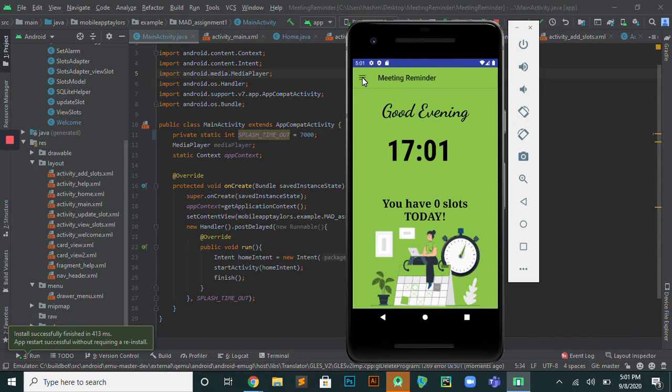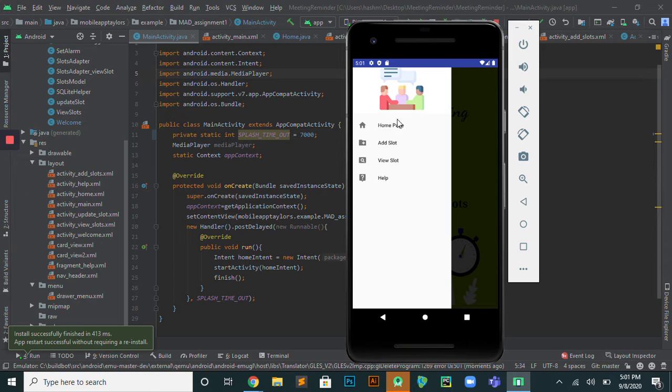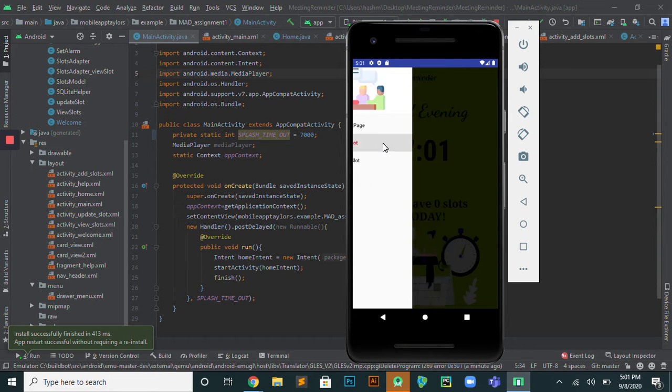On the top left corner there is a drawer menu which links to other activities of this app, like the home page, which I already showed you. The other ones are add slot, view slot, and help. Now coming to the add slot,